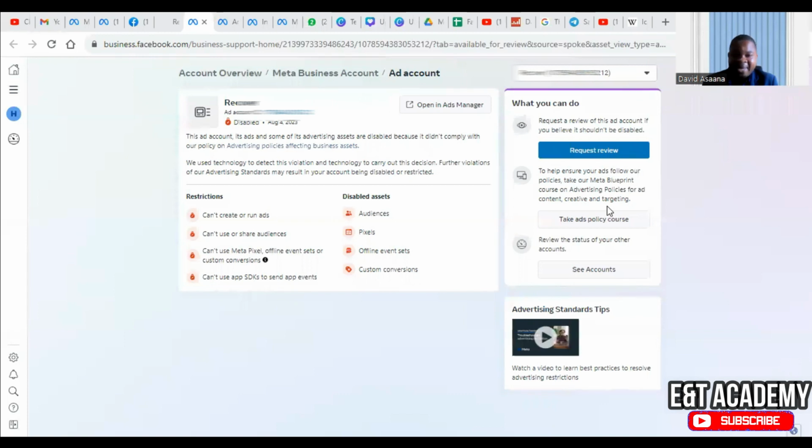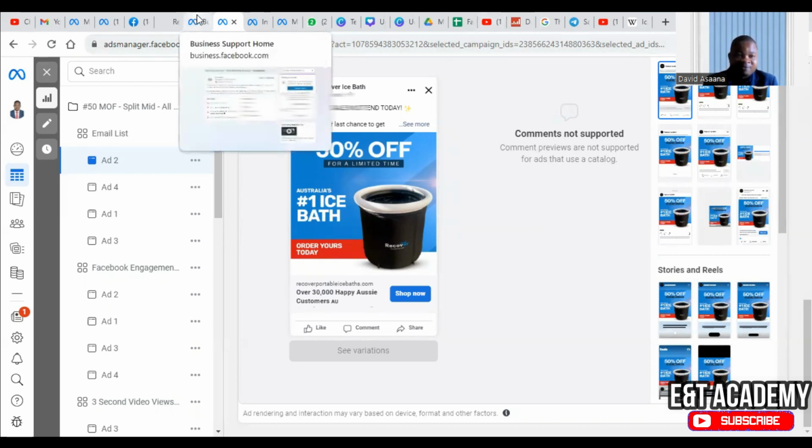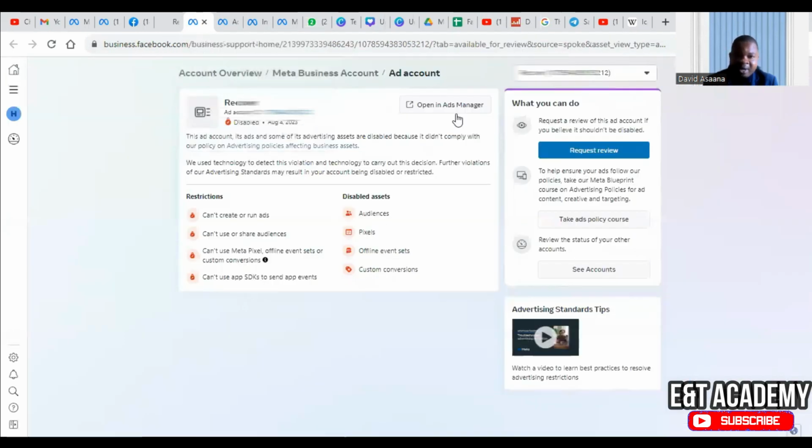So before we appeal, we have to make sure that we actually go through all the policies and are sure we haven't violated any of them. And so you could see when you click on this, it will take you to the ad manager. You take time and go through all the ads that were set up. Check whether any ad has something that is against Facebook policy. And then when you are sure you haven't violated any policy,